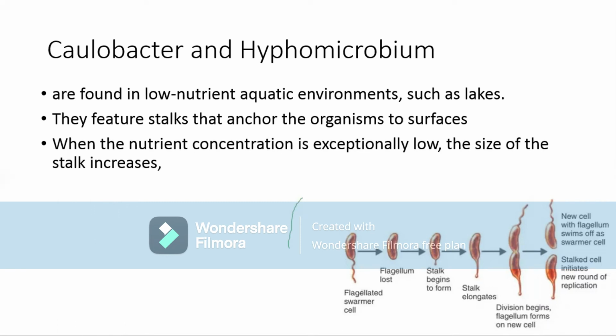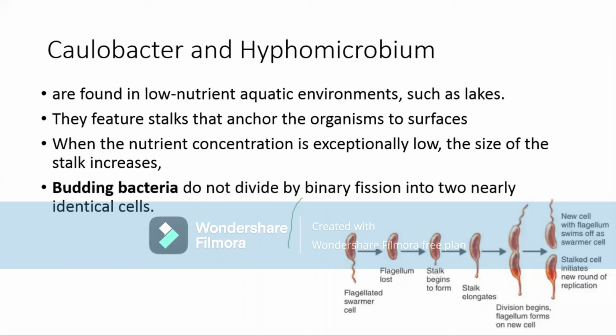So when the nutrient concentration is exceptionally low, their mode of adaptation is that the size of the stalk increases. So what advantage do they have with this increased size of a stalk? Because when the size of a stalk increases, the surface area is increased, so the chance of nutrient absorption is increased. Right, I told you that they are budding bacteria, because you know this fact that bacteria divide by binary fission mostly. But this organism is not dividing by binary fission,